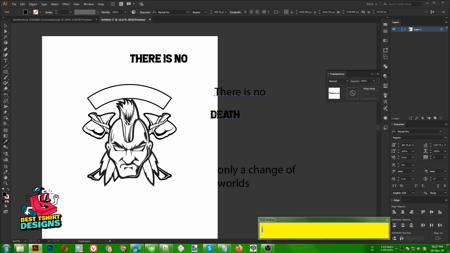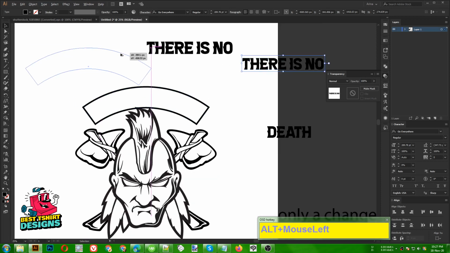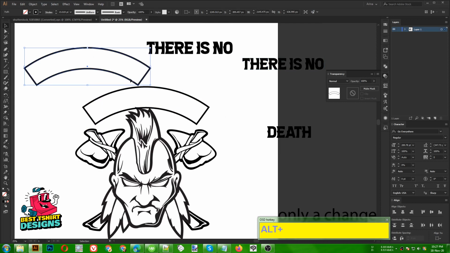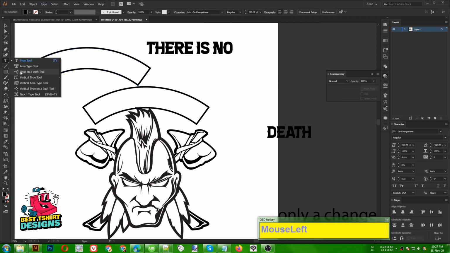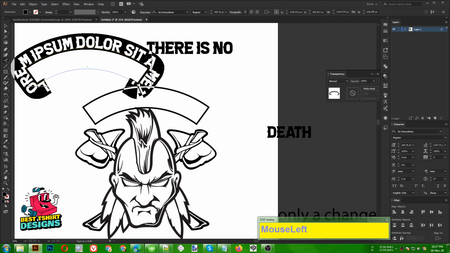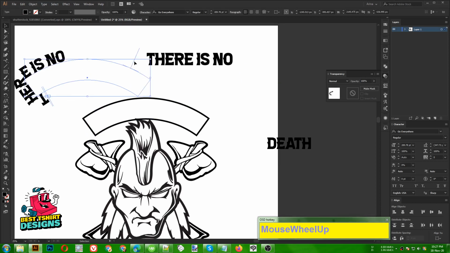If I pick the eyedropper and click here, it is going to turn into that same size, so that is good. Now I am going to drag a copy of that shape, then cut it. Now I need to take my type on path tool, click here, and paste it something like this. Okay, I pasted it in the wrong place, but it should be